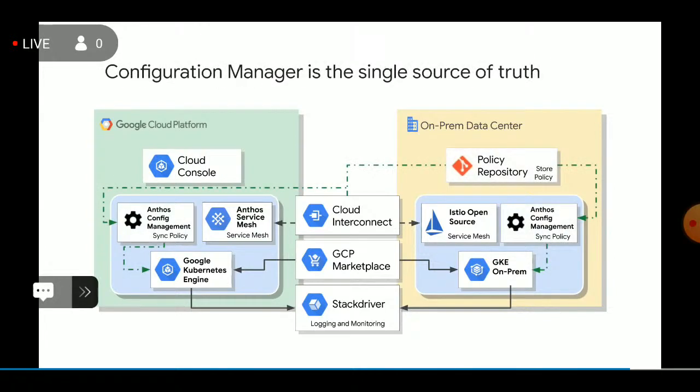Lastly, Anthos Configuration Management provides a single source of truth for your clusters' configuration. That source of truth is kept in the policy repository, which is actually a Git repository. In this illustration, this repository happens to be located on-premises, but it can also be hosted in the cloud. The Anthos Configuration Management agents use the policy repository to enforce configurations locally in each environment, managing the complexity of